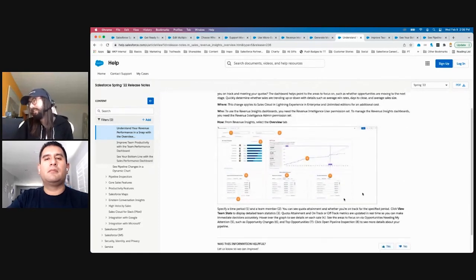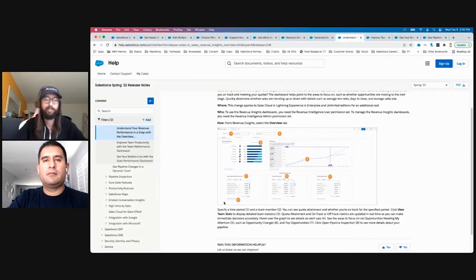It gives you insights into quota attainment, team and individual statistics, and whether or not folks are on or off track, all updated in real time, so you can see how the changes in an opportunity are snowballing down the pipeline and are going to affect revenue. This ensures that your users, your managers, and the C-suite all have the most up-to-date information at a glance. I think this is really keyed up to become one of the most used dashboards in orgs